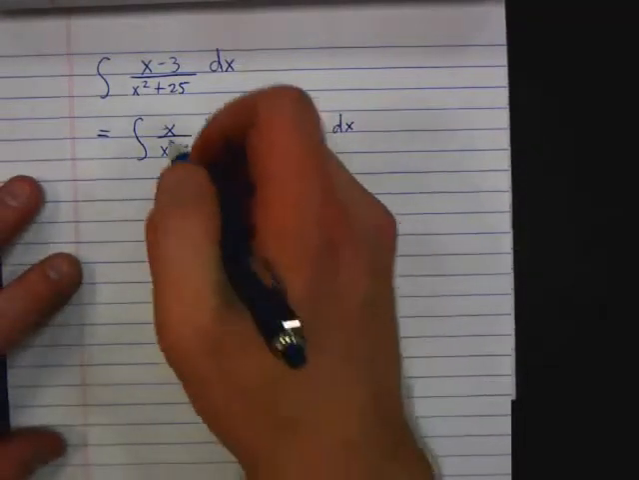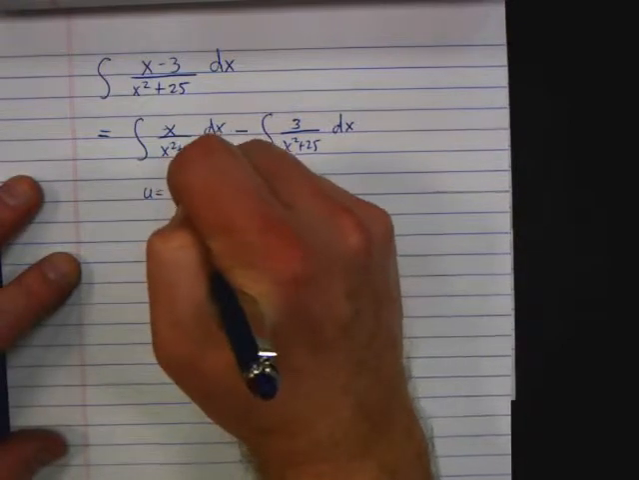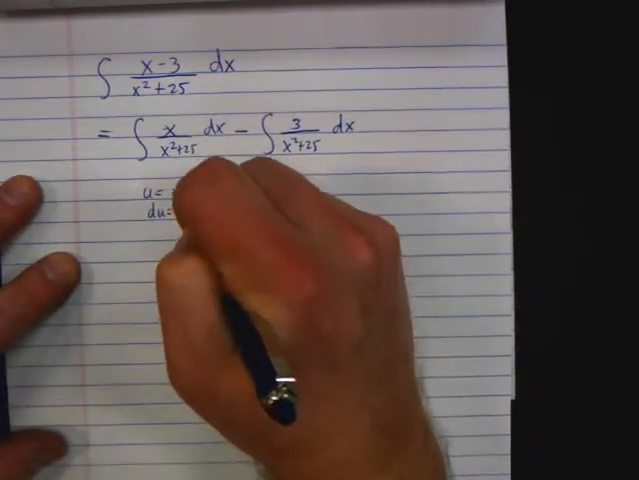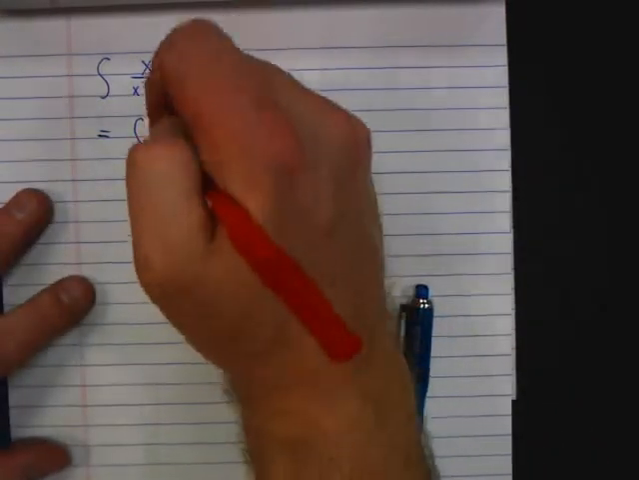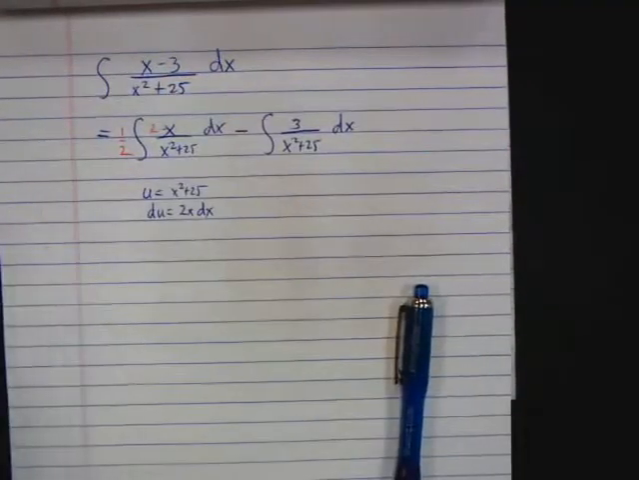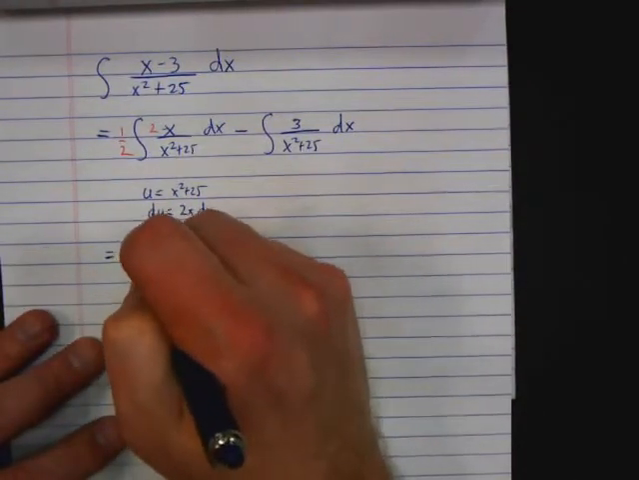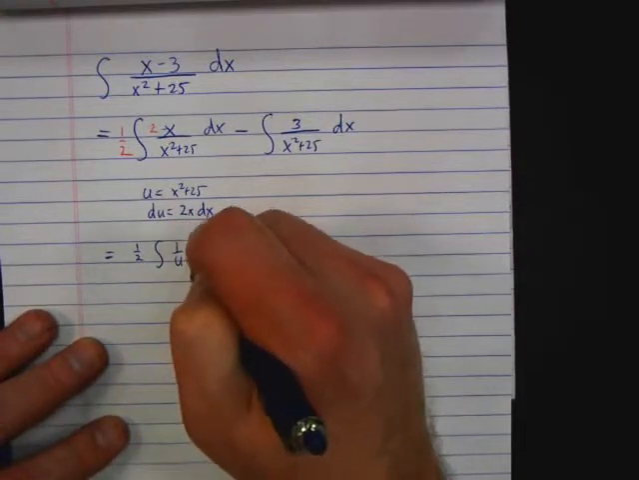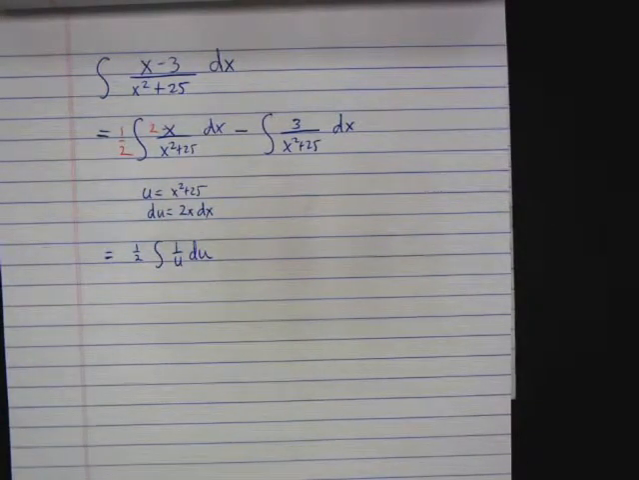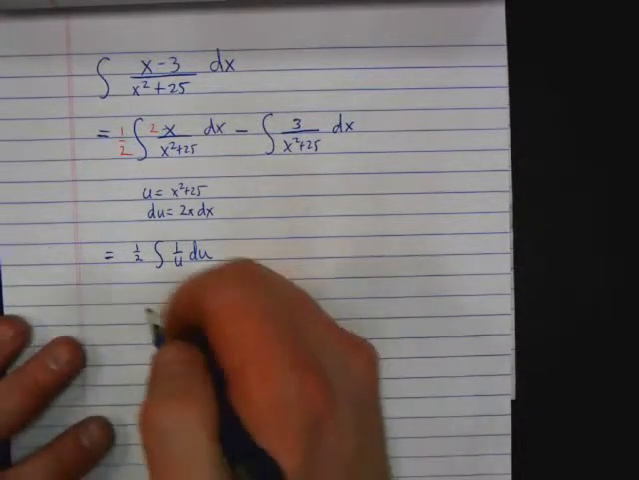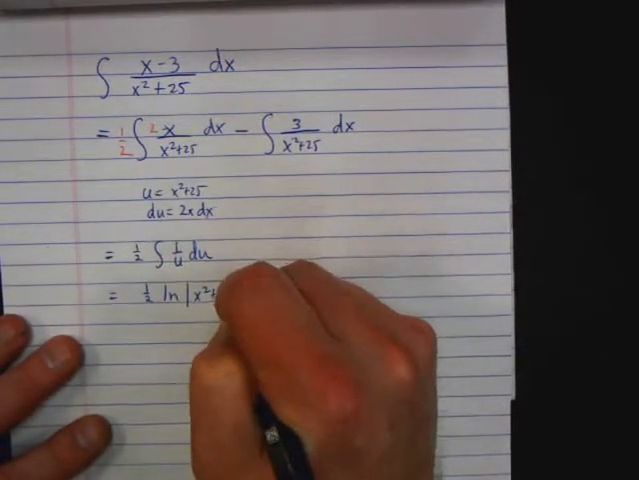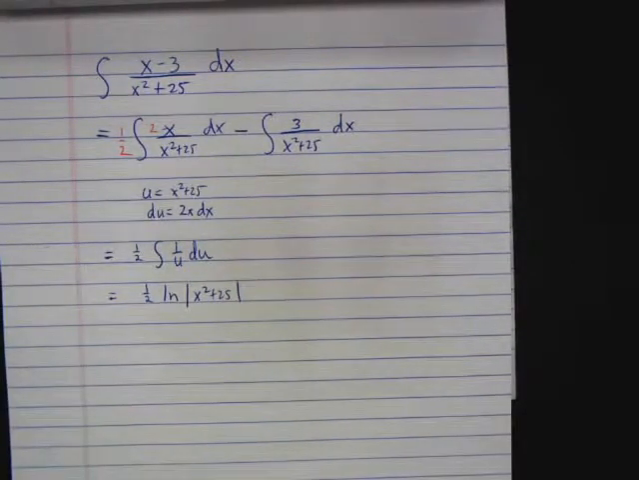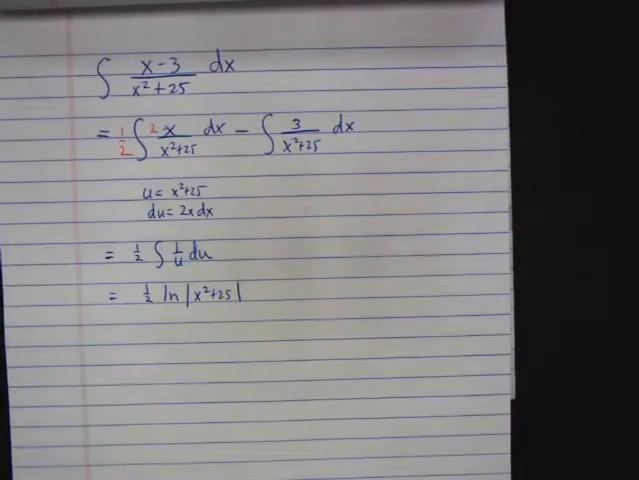All right, so left-hand side, u equals x squared plus 25. So du is 2x dx. I need to slip in a 2, and balance it with a 1/2. We would have 1/2 the integral of 1 over u du. What's the integral of 1 over u du? Natural log of u. So we're going to have 1/2 natural log of u, but u is x squared plus 25. So there's the first integral. Minus